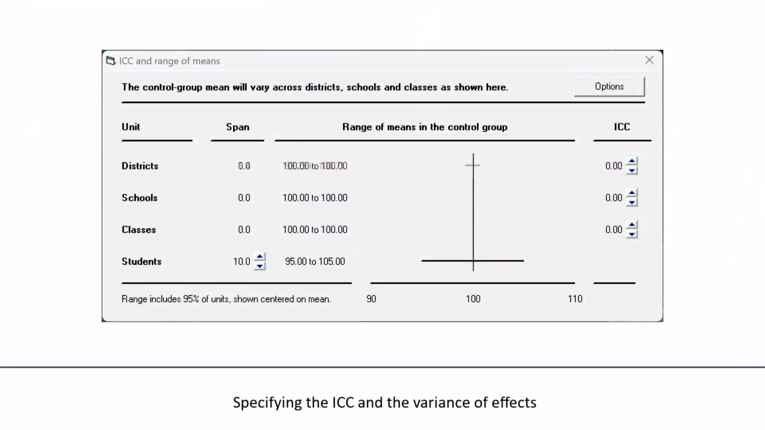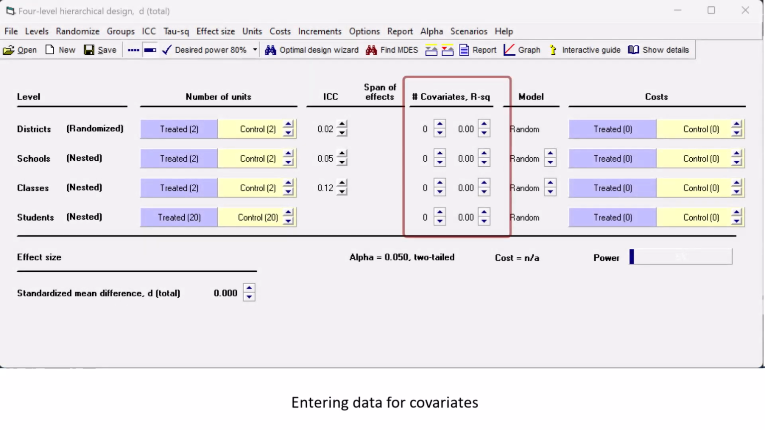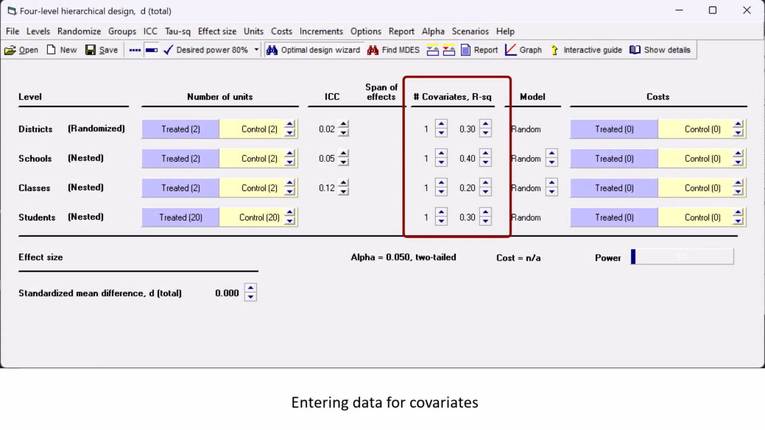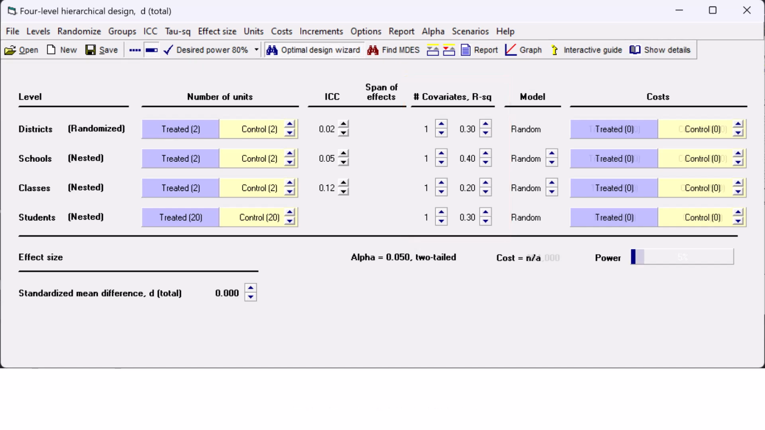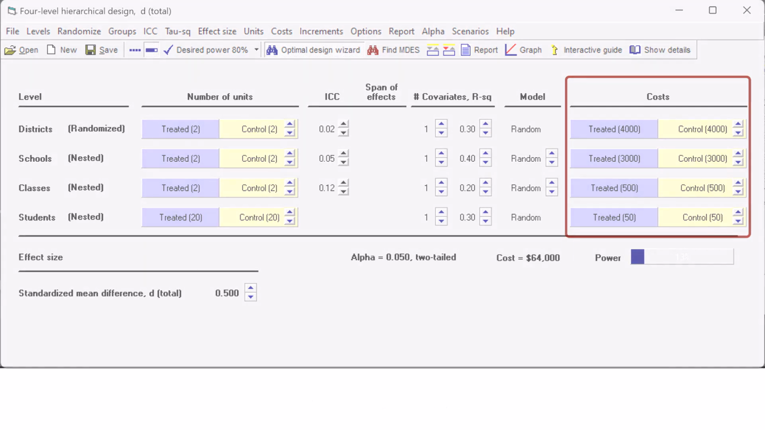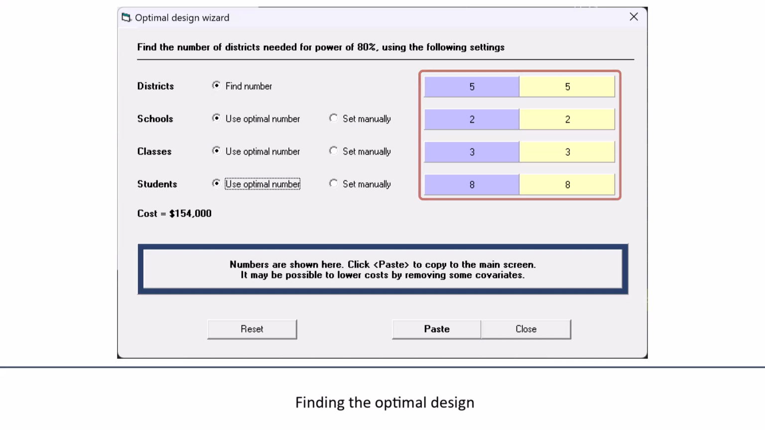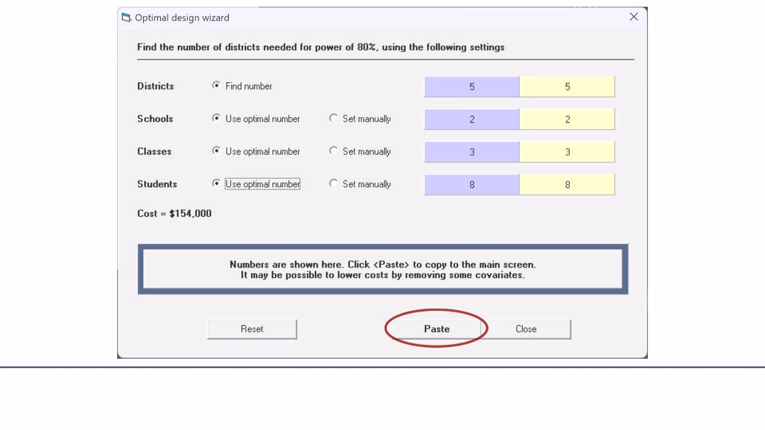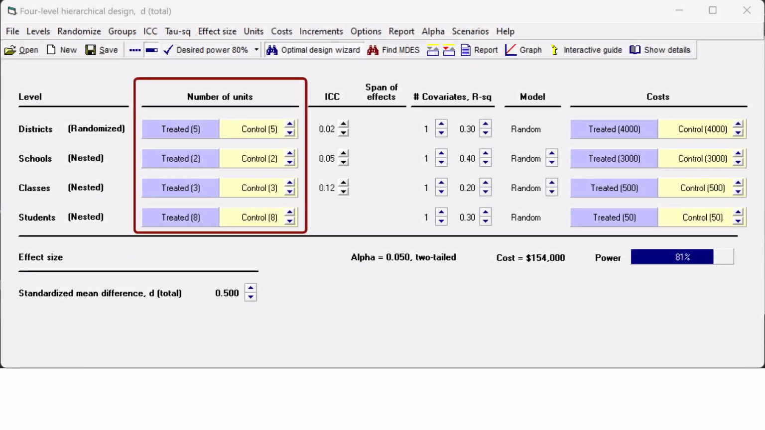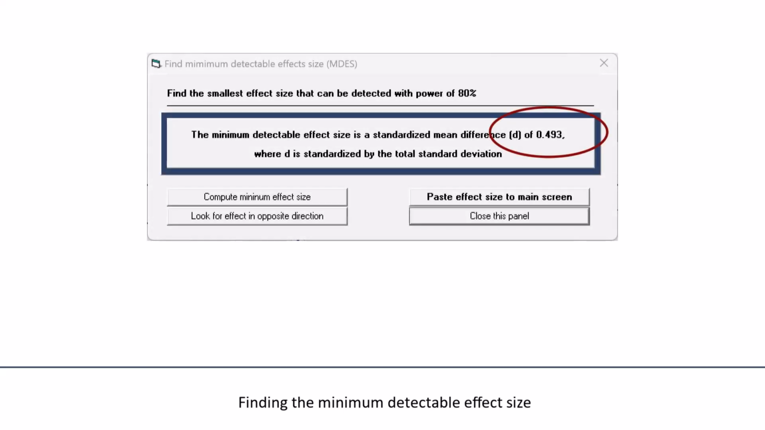specifying the ICC and the variance of effects, entering data for covariates, entering data for costs, finding the optimal design, finding the minimum detectable effect size,